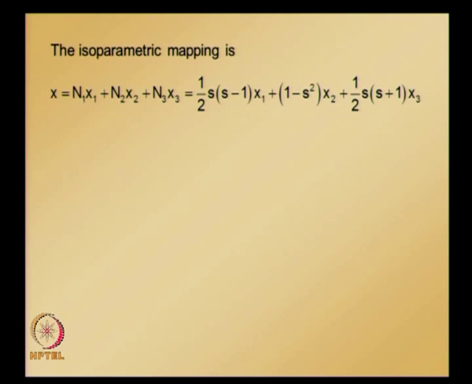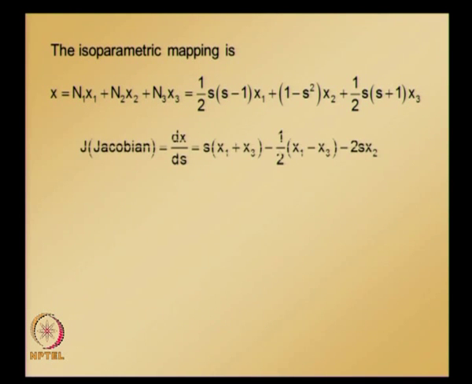So, isoparametric mapping is x is equal to n1 x1 plus n2 x2 plus n3 x3, substituting n1, n2, n3, which are shape functions of the parent element, we get this one, and once we have this relation which is relating x to s, we can easily calculate the derivative of x with respect to s, that is dx over ds, which is the Jacobian,